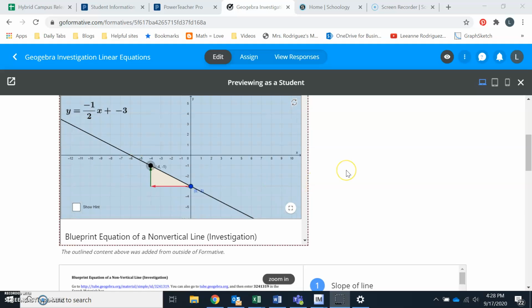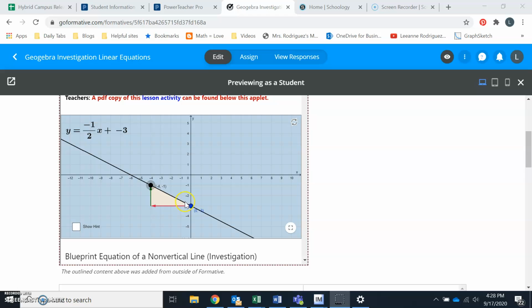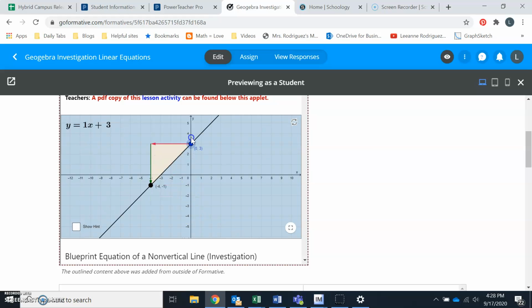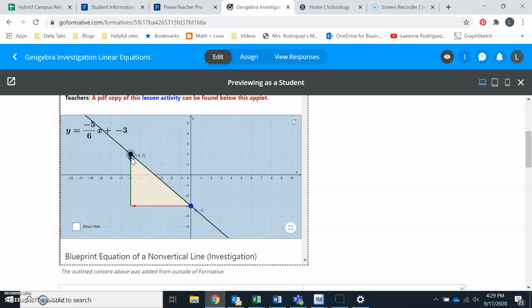You may notice on this GeoGebra tool that there are 2 different color points. The blue point is always going to be on the y-axis. You cannot move it anywhere off of the y-axis. That means that the point 0, something is always going to go for the blue point. The other point will be for the black point, and we can drag that wherever we need to on the